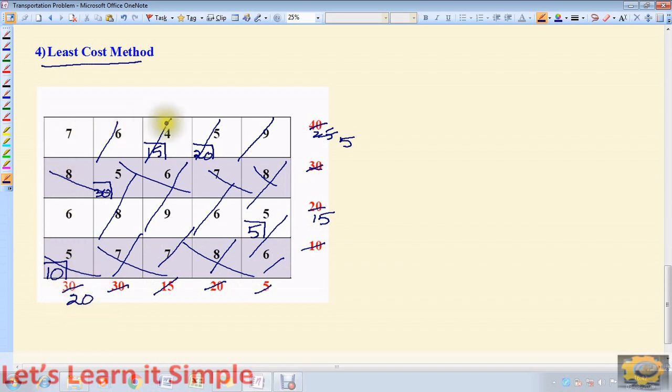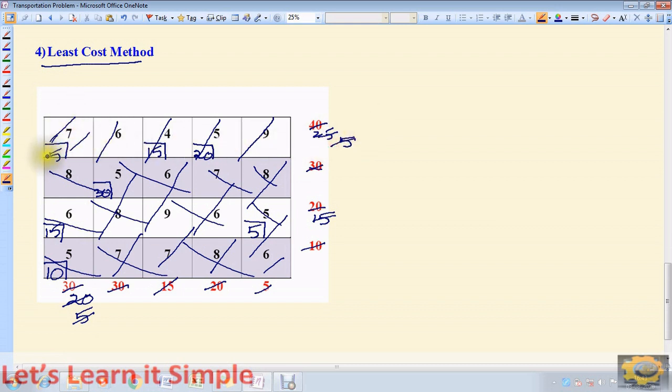Now if you look at the matrix here, except 7 and 6, remaining cells are either allocated or the corresponding rows or columns are vanishing. I'm left with 7 and 6. So you have to verify the least cost among these. Least cost is obviously 6. Therefore, this should be allocated, which means if I compare 20 with 15, I have 15, resulting in vanishing this particular row. I'm left with 5 here, and last is only one cell, that is 70. I can allocate, and let me vanish this as well as this.